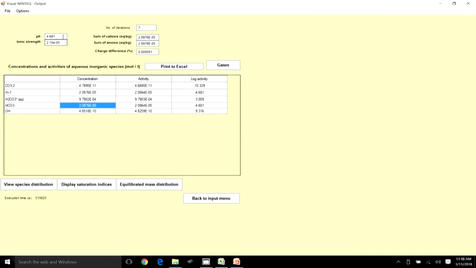It's H2CO3. So if you look at the relevant values in the result summary, you will see that H2CO3 predominates, which is what you expect. So let's look at that again. As you see here at pH 4.6, H2CO3 predominates at 9.7 times 10 to the power minus 4, and then HCO3 minus is 10 times lesser. And obviously CO3 2 minus, the most deprotonated form, is at much lesser concentration. So anyway, keep in mind that the pH of this particular system is 4.6.